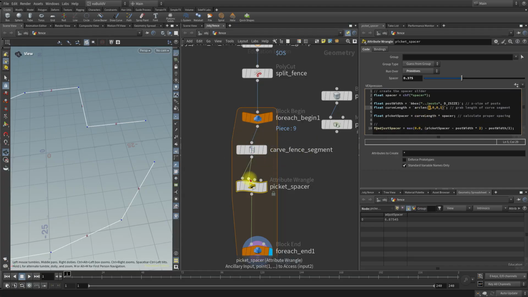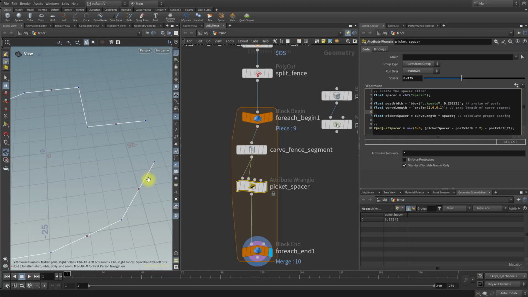And again, because it's in the ancillary input, this is why we put a 1. And then these other numbers are what we're referencing, and then the beginning and end of the curve. So 1001 should be the proper syntax for this command, and it should then give us what we require. And then right here, this is the picketSpacer that is going to provide us with the proper number that we